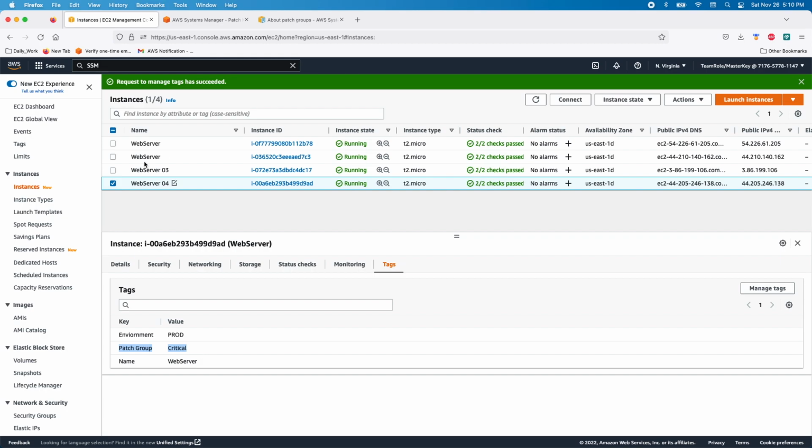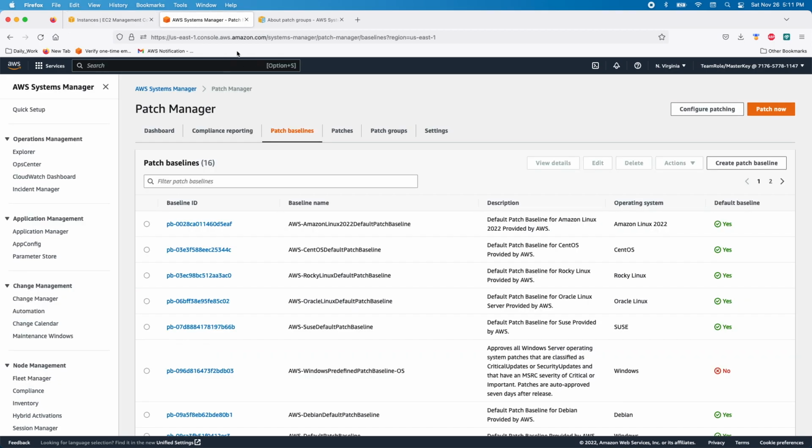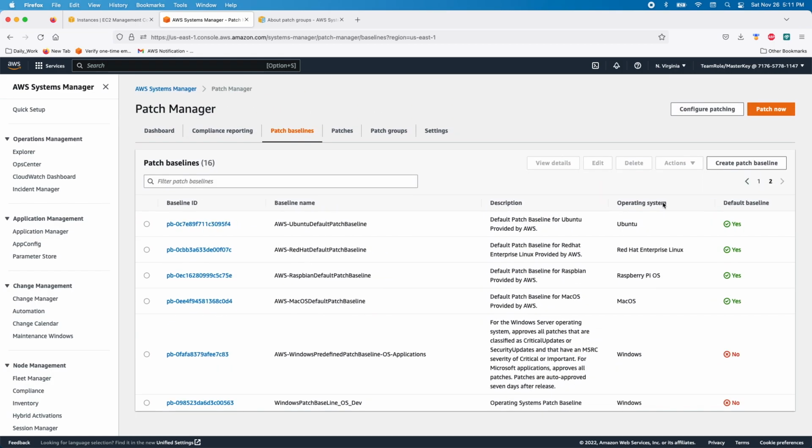Now let's go back to AWS Systems Manager, Patch Manager, and let's assign these 2 EC2 instances as part of the patch baseline. Now I'll go to the Systems Manager under Patch Baseline. I'll first go to the patch baseline I have created. I'll select the patch baseline. From action, I'll select modify patch group,